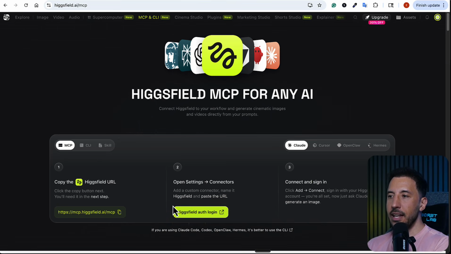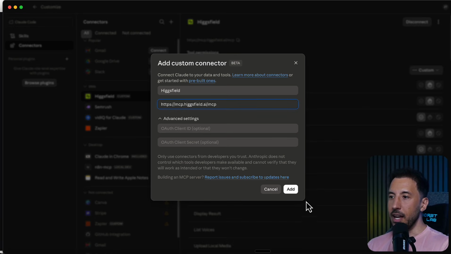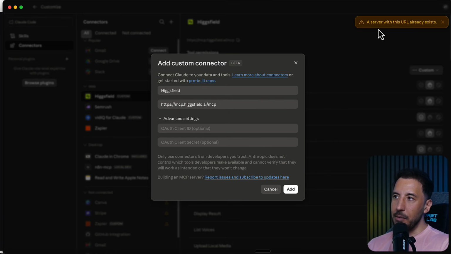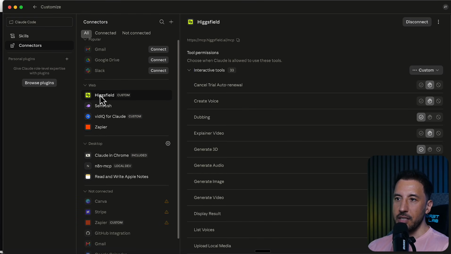Once you do that, then afterwards, we're going to go back to our Claude code here and just paste this and then click on add. Obviously, it's not going to let me add because it says a server with this URL already exists. But at this point, you're going to be redirected to your Higgsfield to authenticate to make sure that you're allowing Claude to have access to your Higgsfield there. And once you give it confirmation and give it access, it's going to look something like this. Higgsfield is going to show up here,